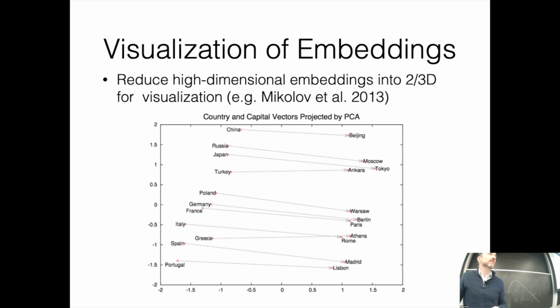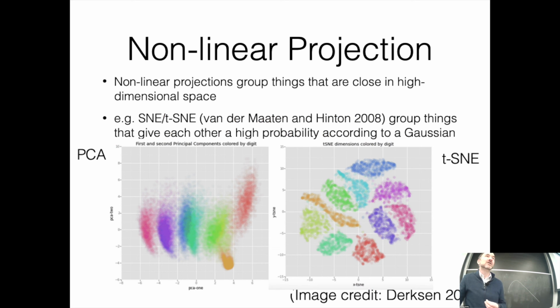Sorry, does this work well for something like 768, the number of dimensions? Does that really work for it? For things like this, I think you probably would still see vectors in the same direction. But there's a reason why I'm introducing nonlinear projections next, because the more standard way to do this is nonlinear projections,